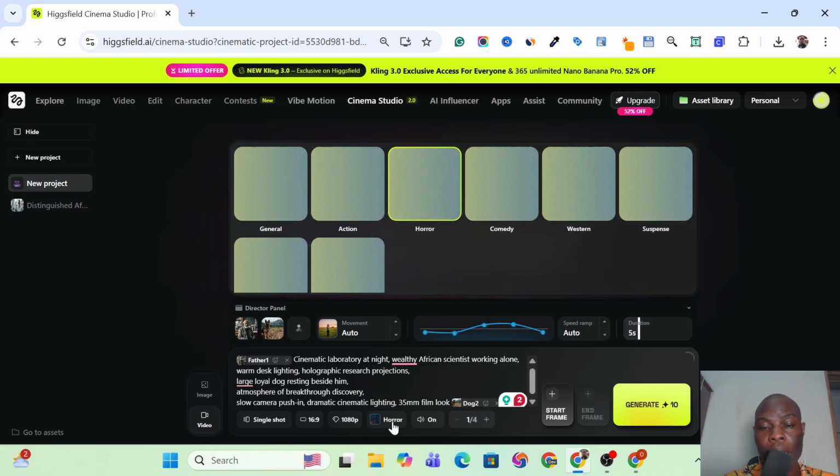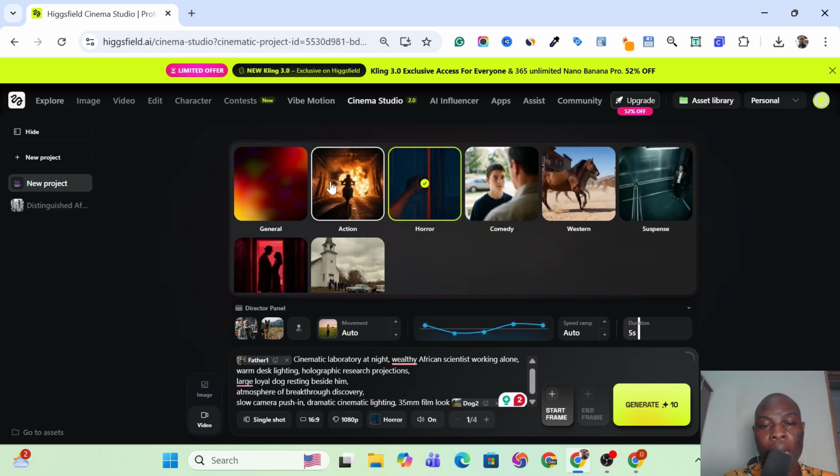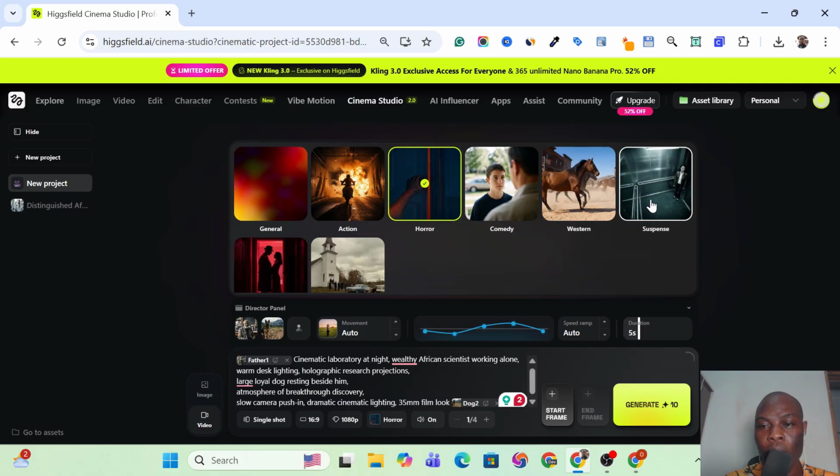So if it's a horror movie, we are going to choose horror, and if it is action, we are going to choose it over here. As you can see, this is an action movie, and if it's a comedy scene, you are going to specify the kind of scene you actually want. Right now, this atmosphere, I think cinematic lighting, so I believe suspense should be very good for